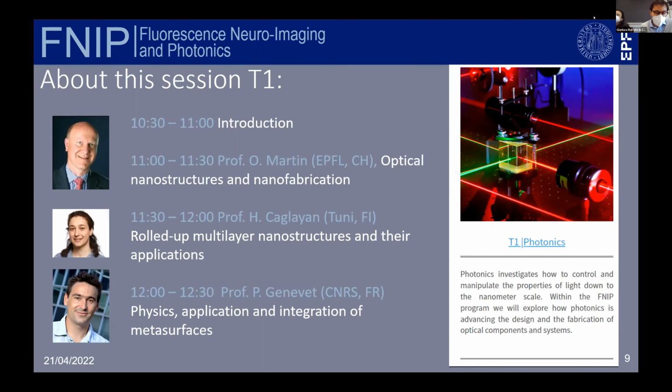Metasurfaces provide a paradigm shift in optics design, fabrication, and integration in a wide range of fields, from life science to information and communication technology. Metasurfaces are not just an evolution of optical elements, but a revolution in light manipulation and photonic devices, both at the classical and single photon regime. Today, thanks to our speakers, we will be introduced to this amazing research field and discover the state of the art in metasurfaces fabrication and applications.